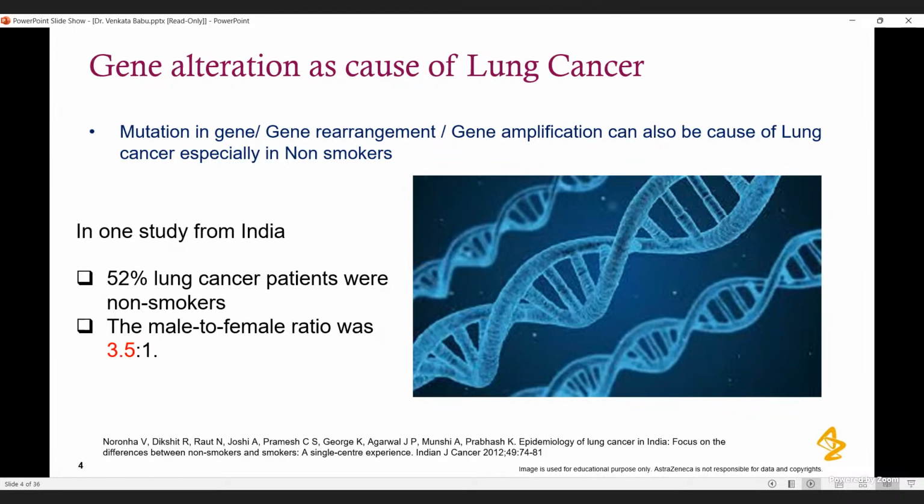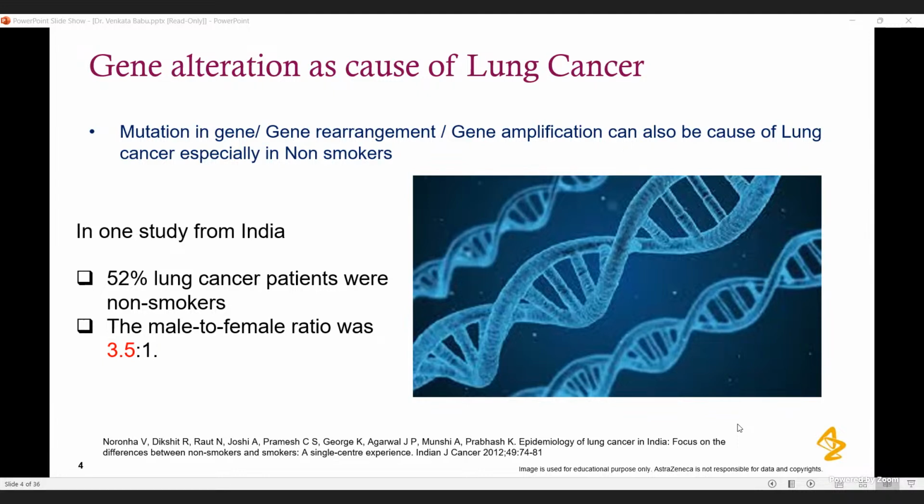Yeah, we do know that gene alteration is the cause of any cancer, for that matter. But in lung cancer, we now have single gene-driven cancers as well as tumors with higher mutational burden, like in patients who are smokers and have other insults where there's a lot of mutational burden. The tumor is driven by multiple pathways and not a single pathway, where we can calculate the mutational burden, TMB, which we sometimes use as a parameter to use immunotherapy. But there are some cancers that are caused and driven by a driver mutation such as EGFR, ALK, ROS, etc.,